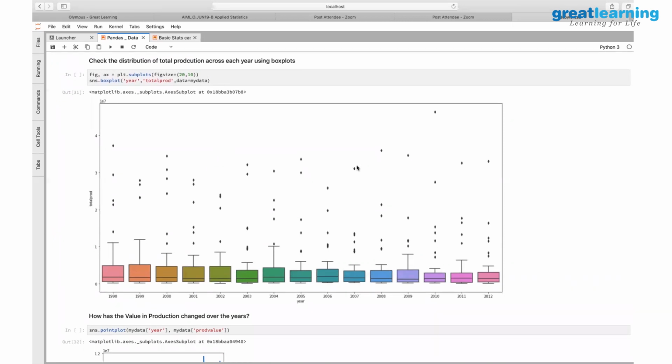Now this is a box plot. So what does the box plot say? As we have seen earlier, the minimum value is here at the bottom. The lower part of the box talks about the first quartile. The line inside the box talks about the median. This line talks about the third quartile, and this talks about the maximum value. That's what the box plot tells us. That's what we interpreted, right?